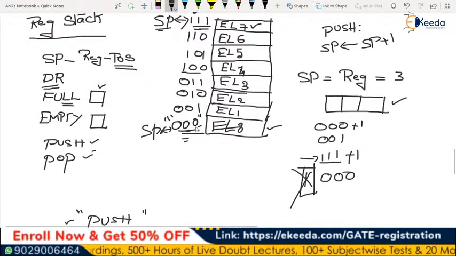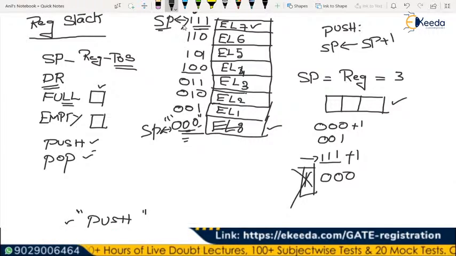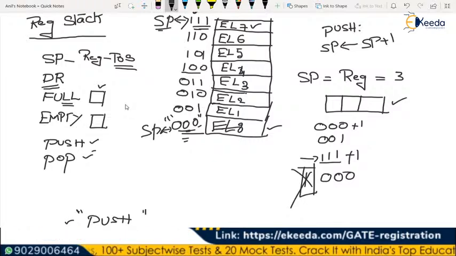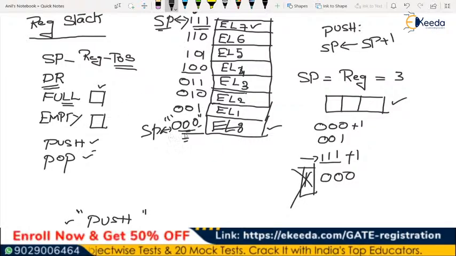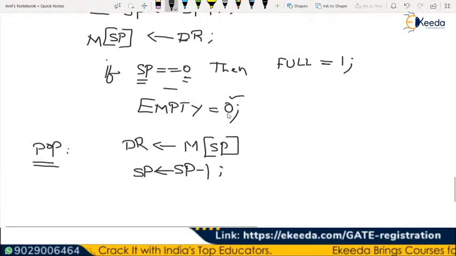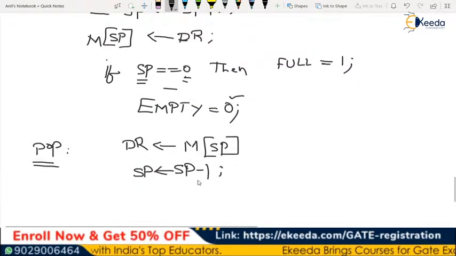000 minus 1 will take you to 111 because of the quantum borrow method. There is something called quantum borrow. We are going to assume that there is one more digit available. From that, we are going to take a borrow. After taking the borrow, 000 minus 1 will be equal to 111. Okay, so stack pointer has been decremented. Then